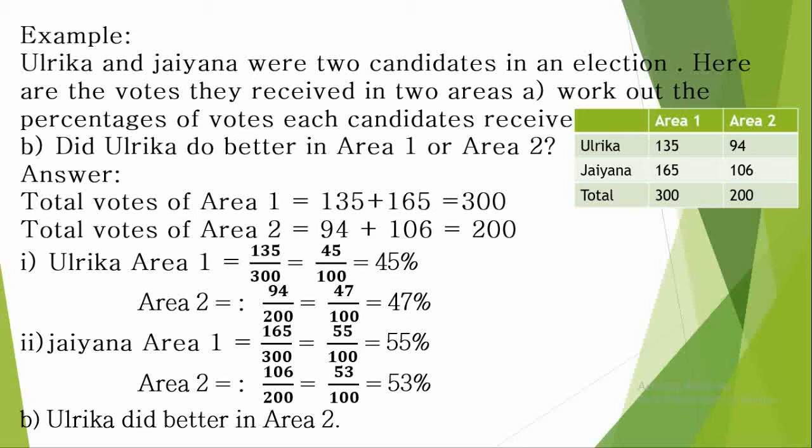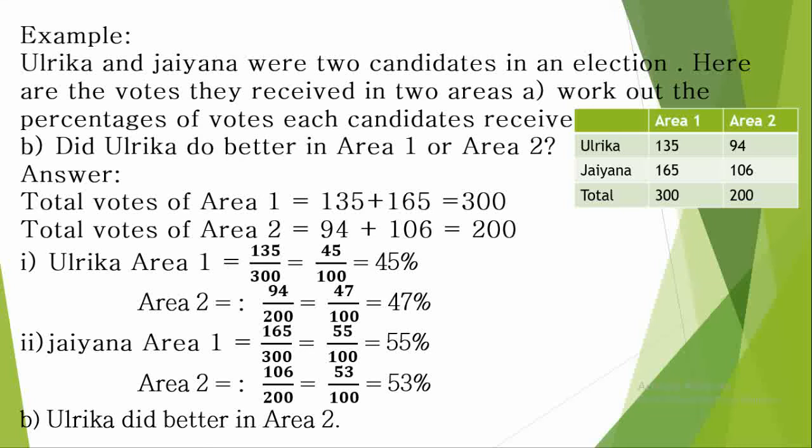So see first one, Ulrika's percentage for the area 1, which is 135 upon 300. That we have to convert into simplest form. So we have to divide both the numbers by 3. So you will get 45 upon 100, which means 45%. Now for the area 2. So the votes are 94 out of 200. So 94 upon 200. So we have to convert into simplest form. So we have to divide both the numbers by 2. So we will get the answer 47 upon 100, which is